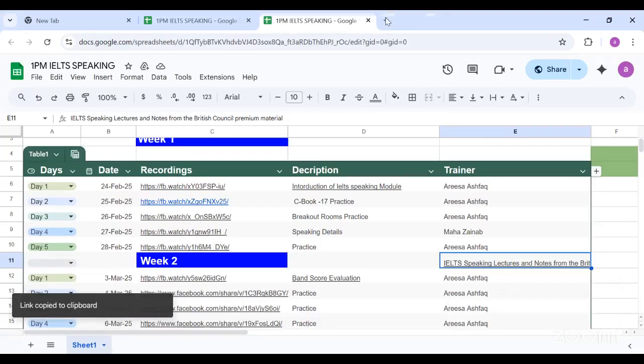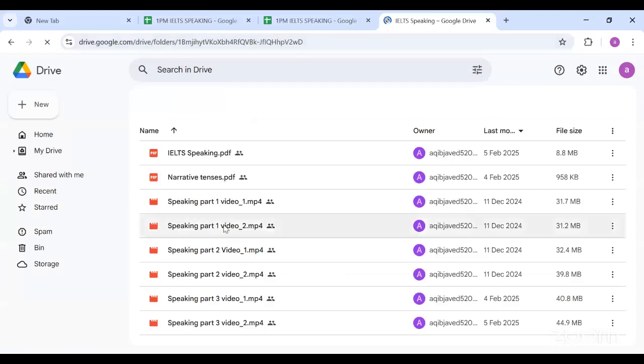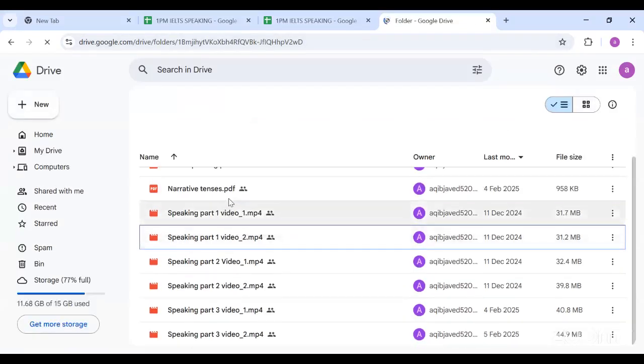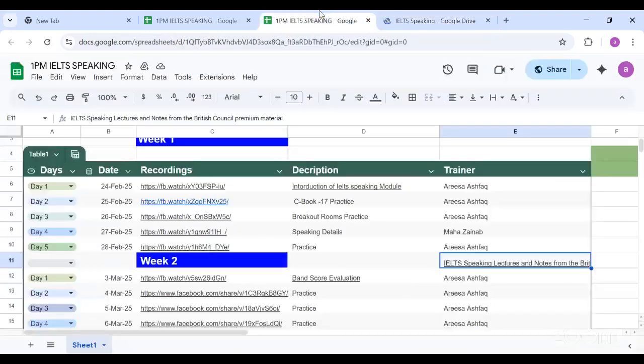Let me share this Drive link. This is a Drive link which someone shared. I think someone has a paid version, so that's why someone shared this. Otherwise, I will check if I have one of the Drive links of the books. I will try to share this. If I don't find it, I will make sure that someone has it. Let me check if I have it so that I can share.